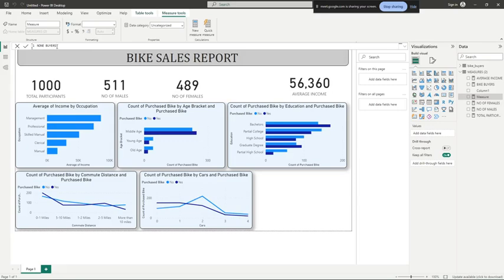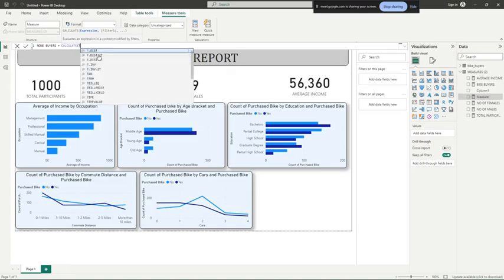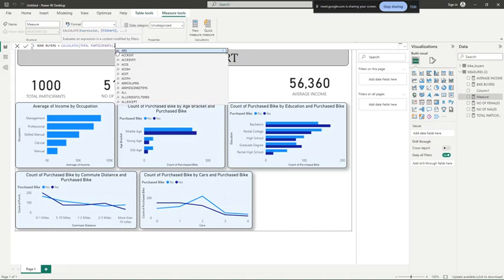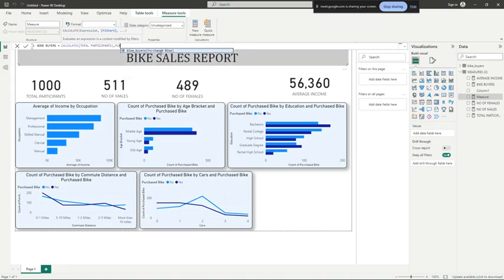Thank you. I hope you just understand what they are trying to pass across. That's the main thing. Equals calculate, the calculate function, total participants, you put a comma, purchased bike equals